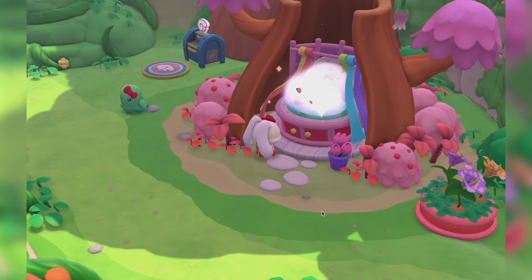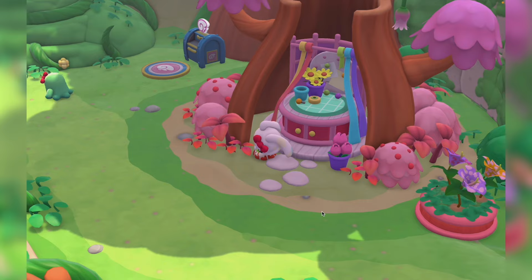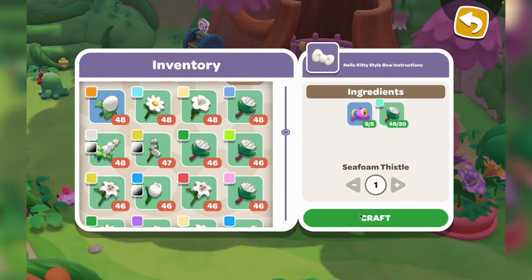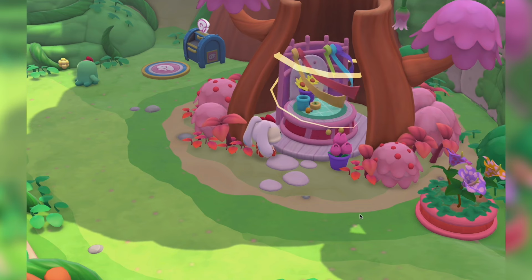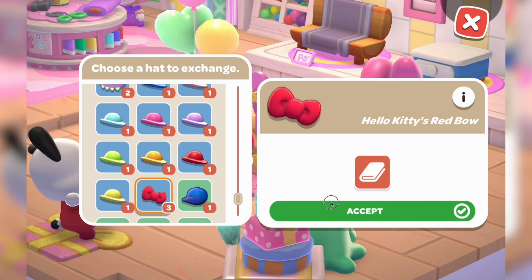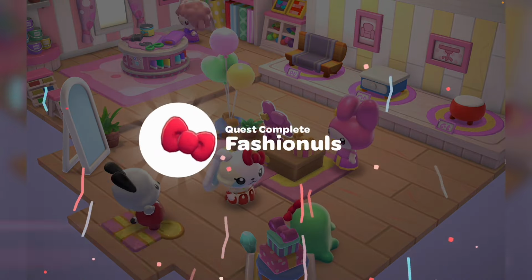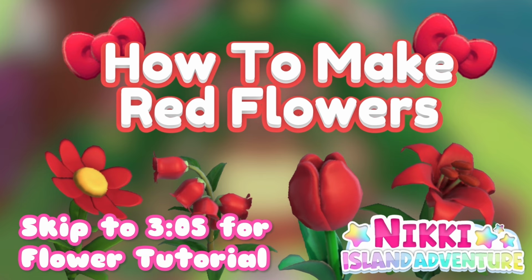Did you know that we can finally get Hello Kitty's iconic bow to wear for ourselves? The only thing is that it's locked behind one of the hardest quests they've ever released. And if you're watching this video, you probably already know that it's the Fashionuls Quest. And the biggest thing you need for this quest are red flowers. So skip to the timestamp to begin the tutorial about how to get all of the red flowers you need